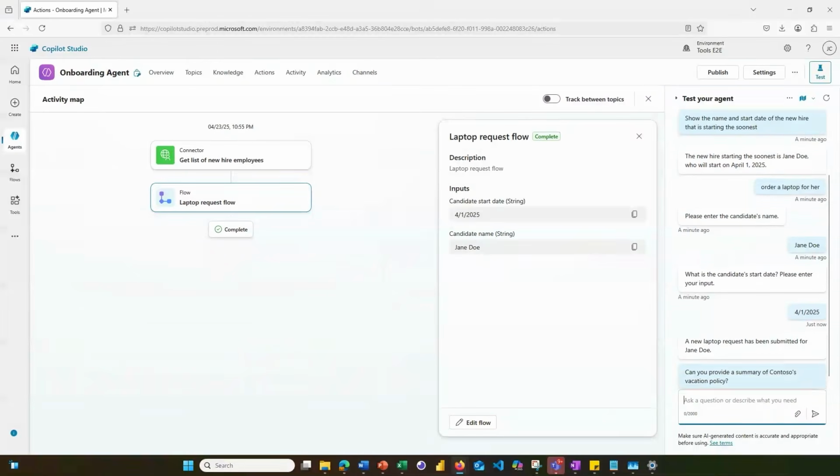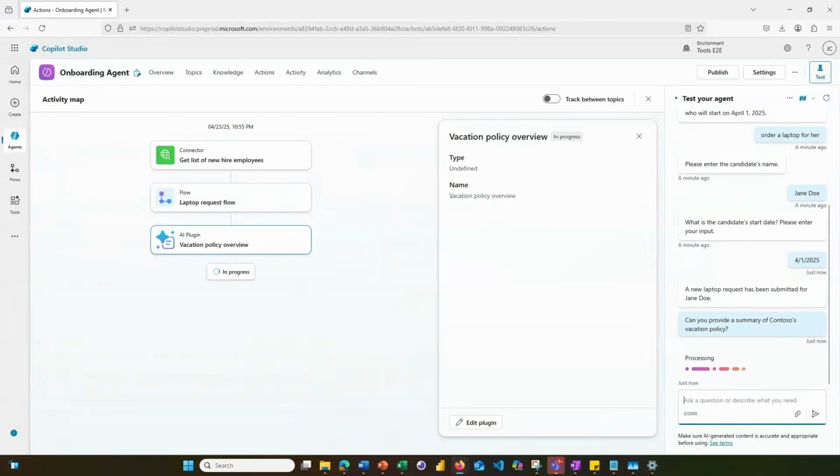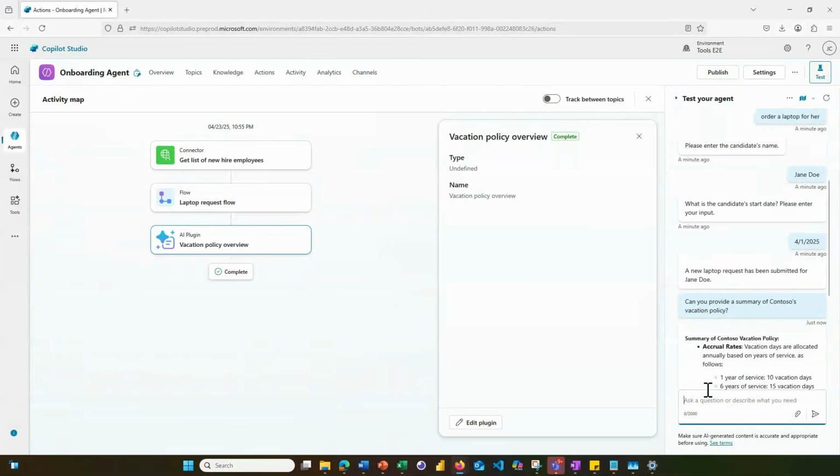Now, instead of searching through Contoso's Dataverse tables, she's now able to leverage her prompt tool to provide an overview of Contoso's vacation policy that she can then share with new employees and other new hires who might have similar questions. We can see that through the power of these 3 tools, Taylor was able to quickly perform her key responsibilities and stay focused on providing the best